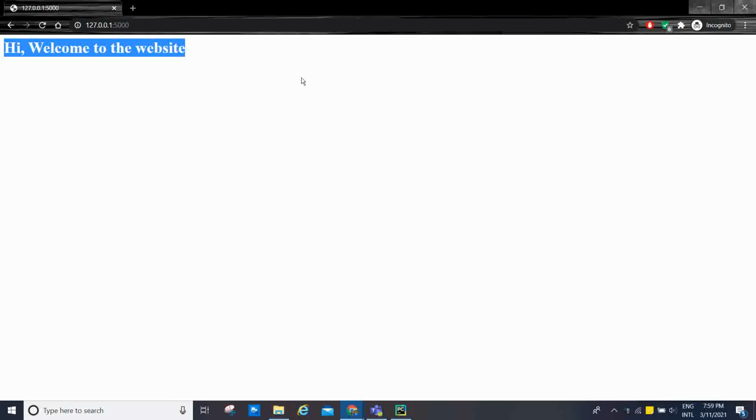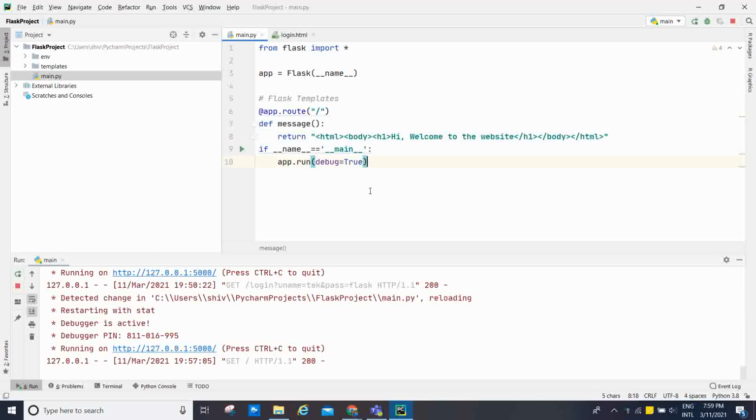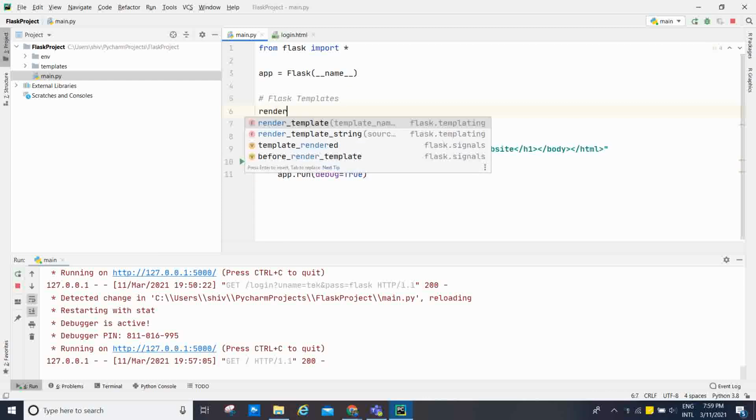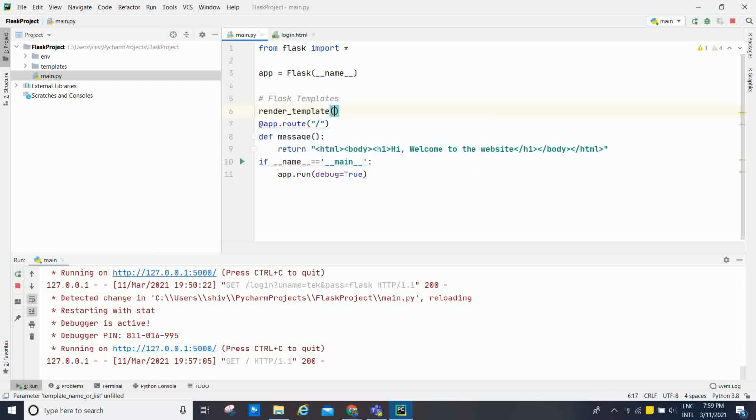Flask provides us the render_template function, which can be used to render the external HTML files to be written as the response from the view function.